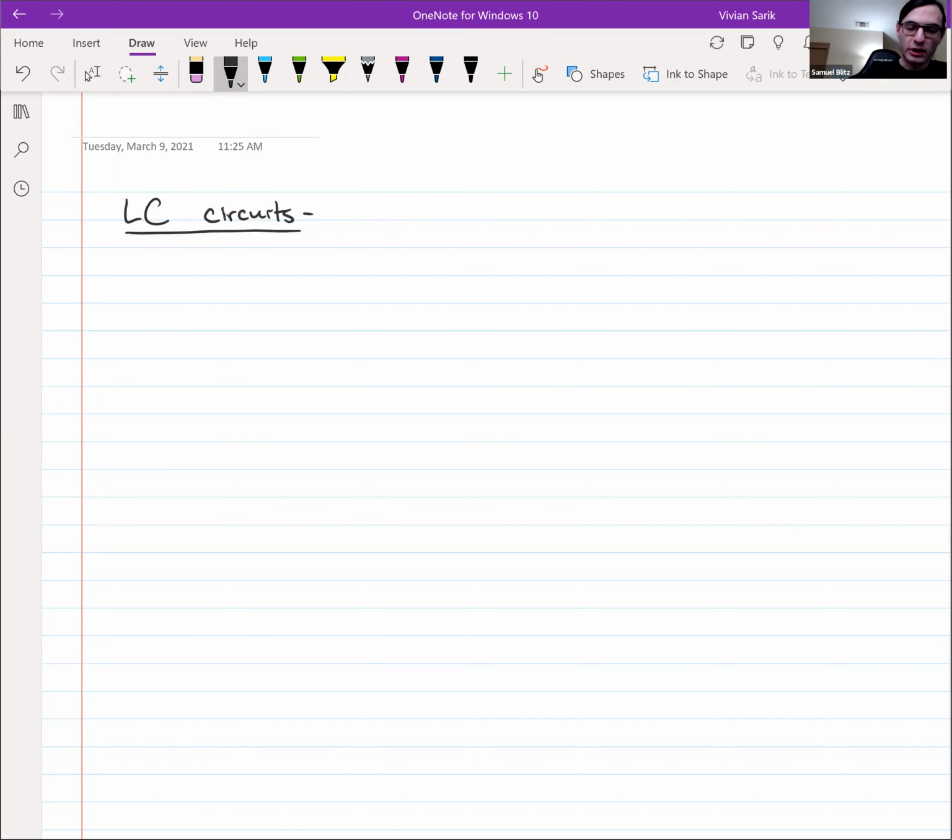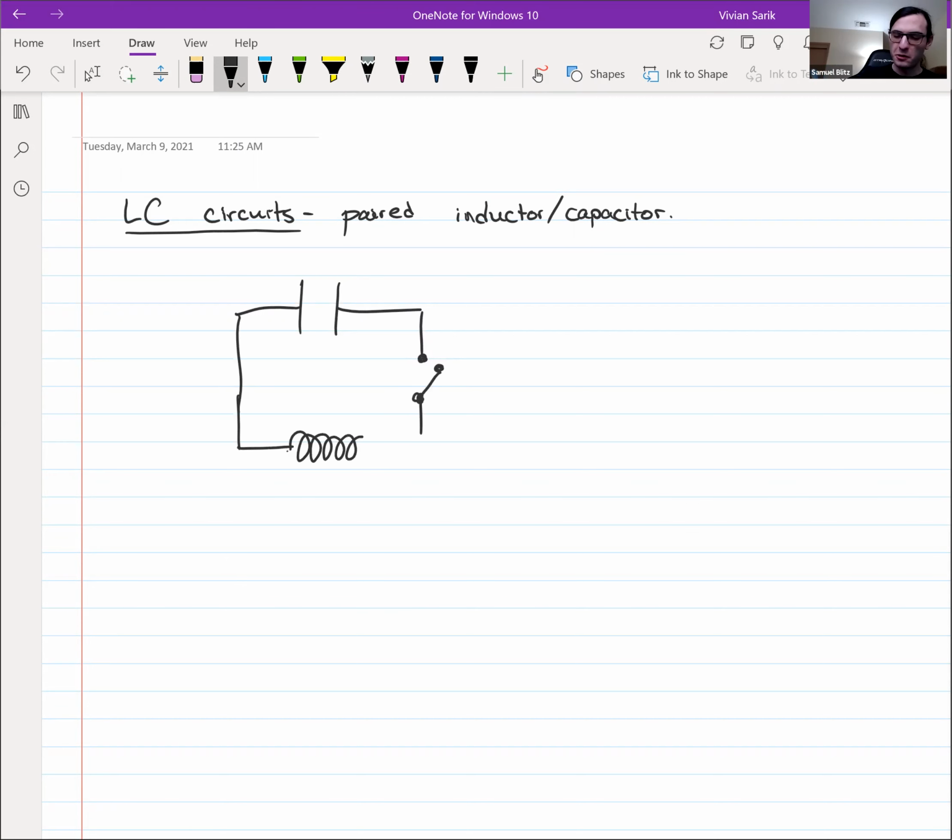So an LC circuit, as you might guess from the name, is a paired inductor and capacitor in some arrangement. So the picture here is maybe you have a capacitor, maybe a switch, and then an inductor. And maybe the capacitor is initially charged. The inductor has inductance L, the capacitor has capacitance C. And so before the switch is closed,